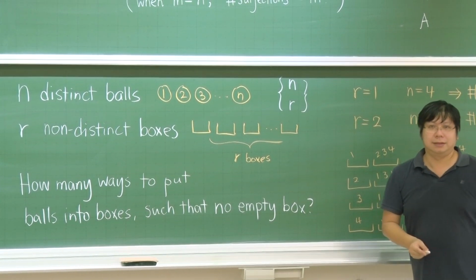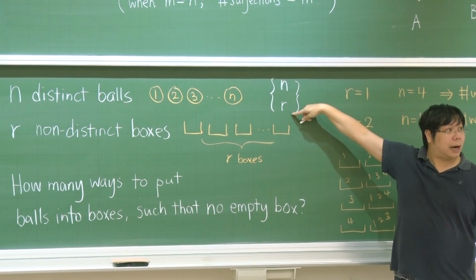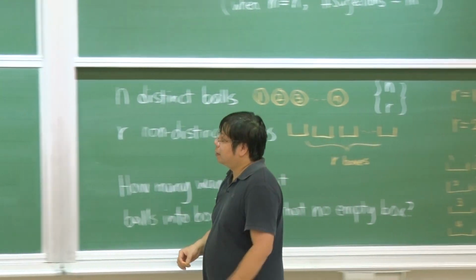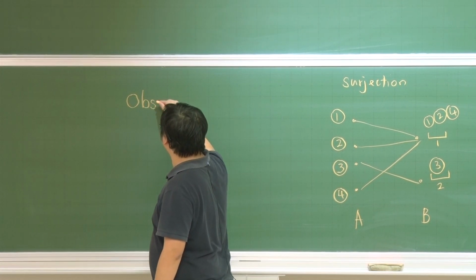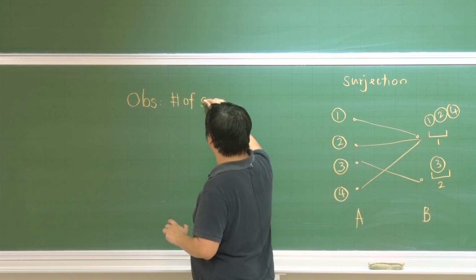Is that okay? So it is to distribute n distinct balls into r non-distinct boxes. Then we can have this relationship. This is the observation or theorem. Okay, the observation is the number of surjections